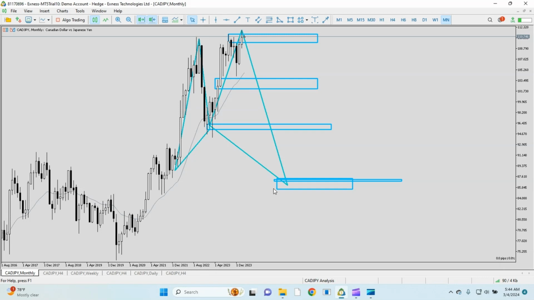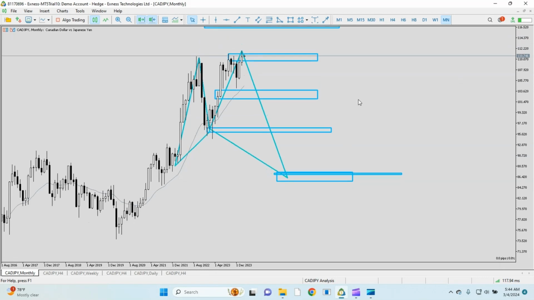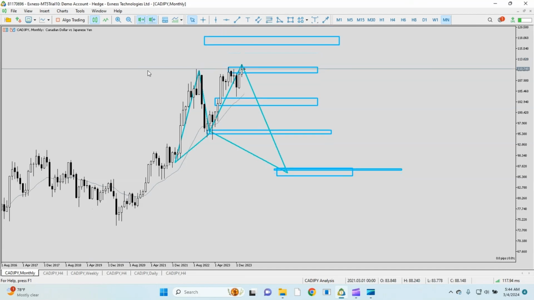Then risk management. Every chart pattern has its own risk reward, and this will help you in risk management. You know how much you are risking, how much you are going to stake for each trade. For instance, if I'm taking this trade, I can just say, okay, let me risk